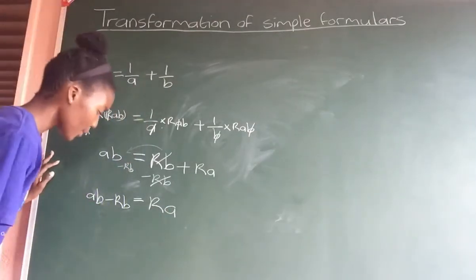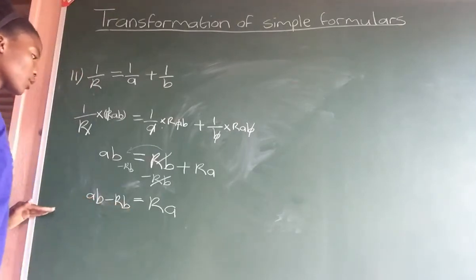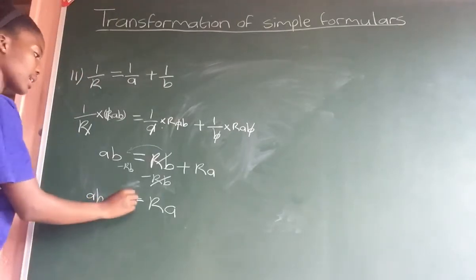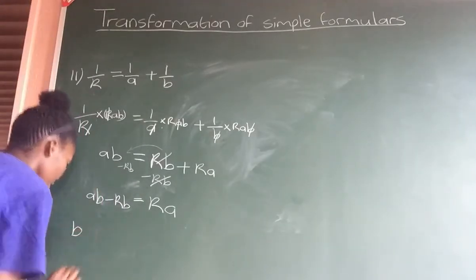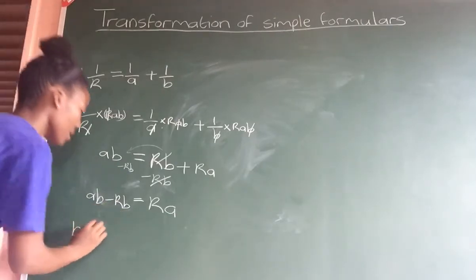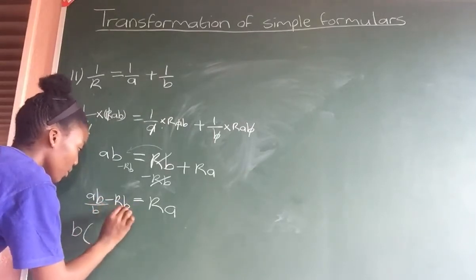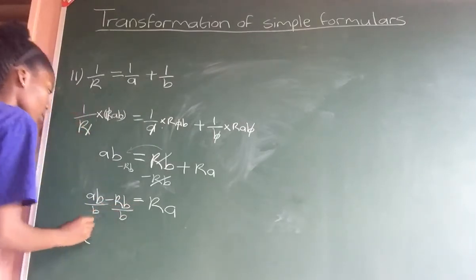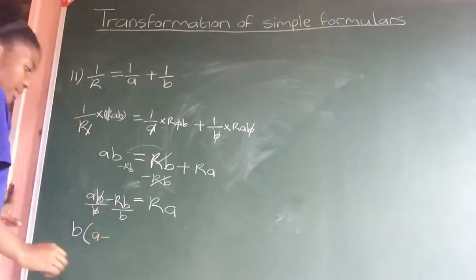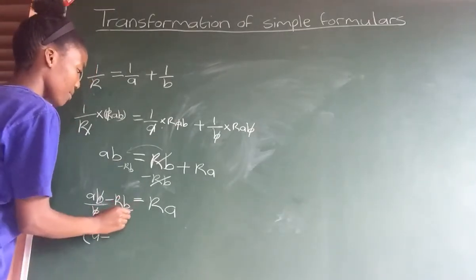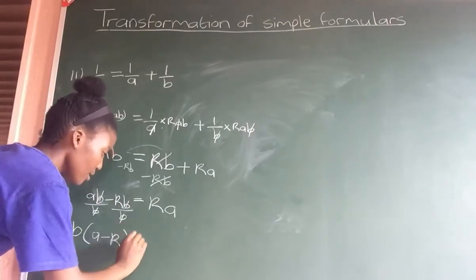Since these two terms have something in common, which is the letter b, we're going to factorize. To do that, we bring out our common factor, which is the b, and then we open our brackets and divide these two terms by our common factor, the b. So this and this will cancel. You'll be left with the a this side minus the b and the b cancel, you'll be left with the r, close brackets, which is equal to